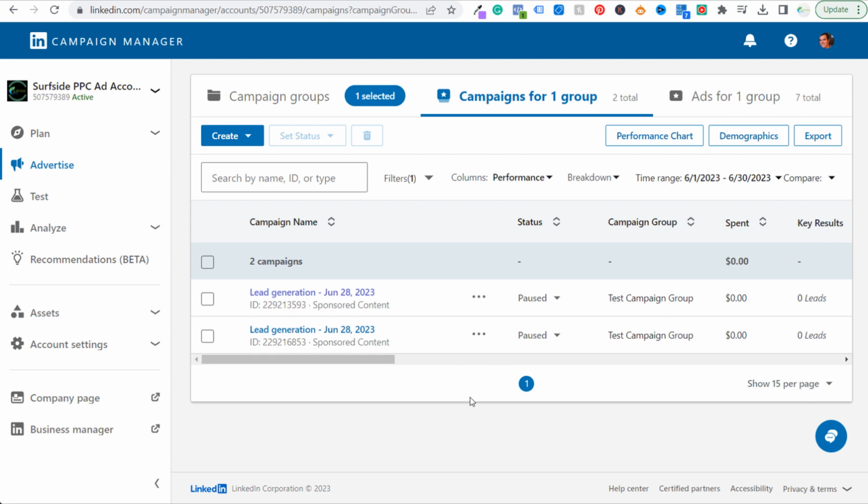Today I'm going to be going over LinkedIn video ads, and I'm going to be doing more of a best practices type video and going through some of the different options you have as far as video ads with different campaign objectives, as well as some of the video specs that you should know when you are creating video ads for your campaign. So when we come in here to our LinkedIn Campaign Manager and we create a new campaign,